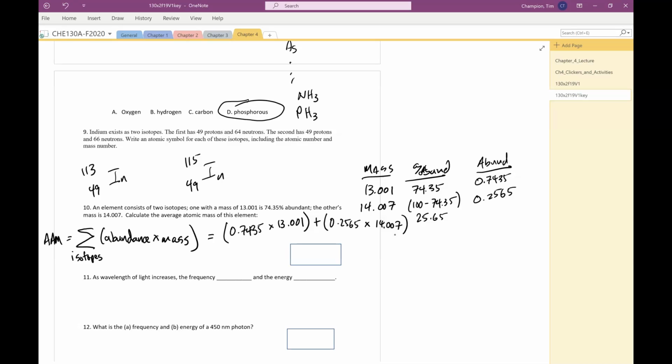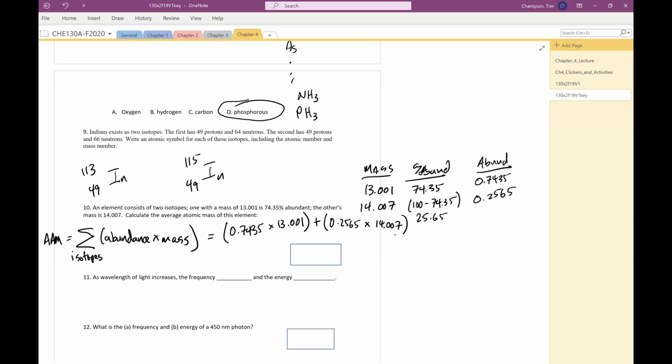Okay, that seems wrong. But let me think about that. No, I guess that's right. I'm sorry. I was thinking that since it's 3/4 of 13, it's going to be 3/4 of the way from 14 to 13. So